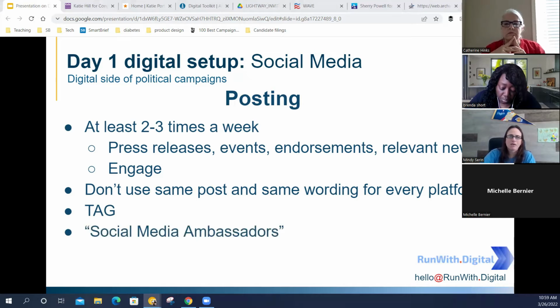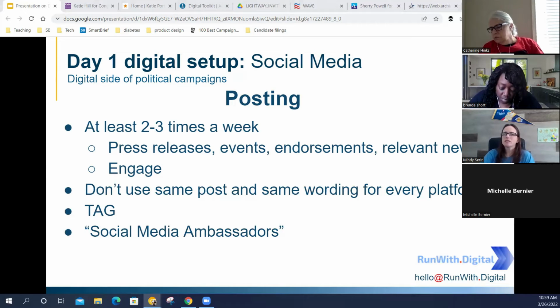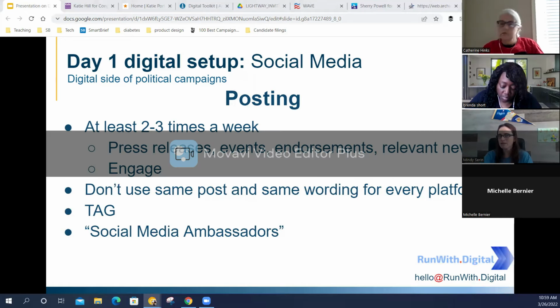And then finally, we have social media ambassadors. And this is something that I really, really love to have. You can only do so much with your followers and whoever liked your page. But the greatest kind of marketing is word of mouth. So if one of my friends, who I trust, and my friends are very political, says, here are the 5 people to vote for, I'm going to listen to them.